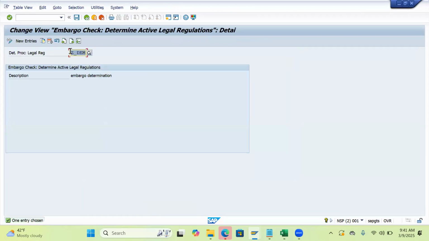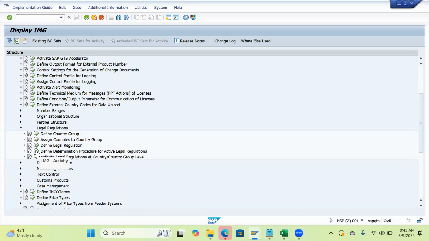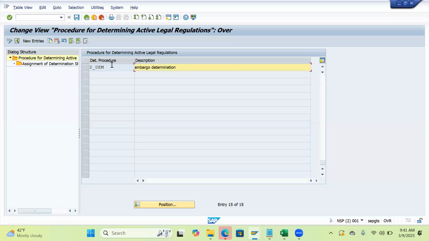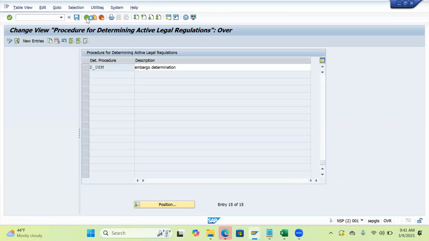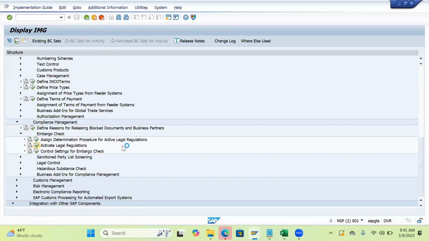ये procedure था, right? इसको अगर मैं देखता हूँ जाकर के general settings में, if I go on the general settings, okay, and go on the legal regulation, के अंदर जाता हूं मैं, तो see it is country to country level. तो system will only check the country to country level, कि इस country to country level पे कौन कौन सा legal regulation active है, right. Now country to country level, अब मैं जाता हूं वापस यहाँ पे, if I go on activate legal regulation,